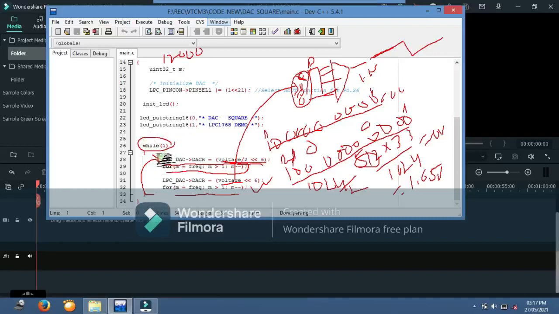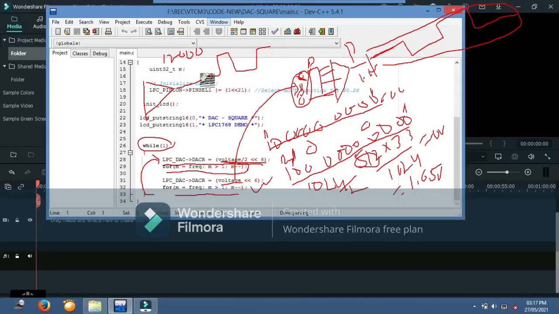Once again you send the 512 value to the DAC, which converts into 1.65 volt, and again you provide the delay, and you will get a positive pulse. Like that again you will get a negative pulse, and this process will continue, and hence you will get a square wave at the pin of the DAC.